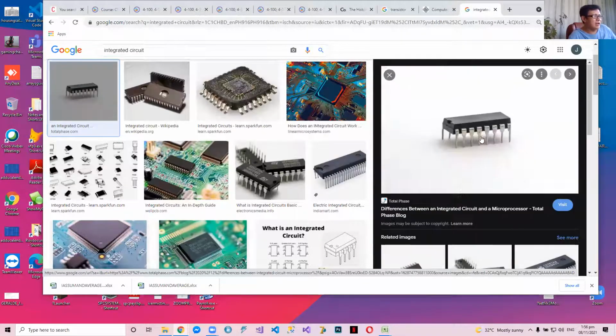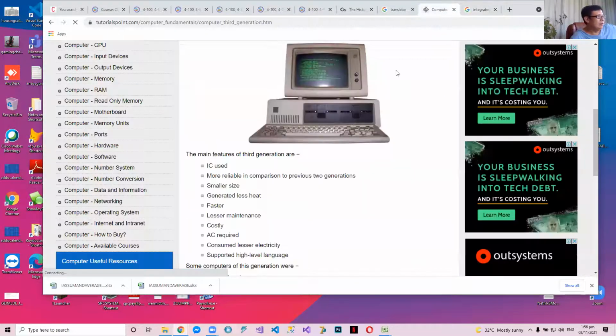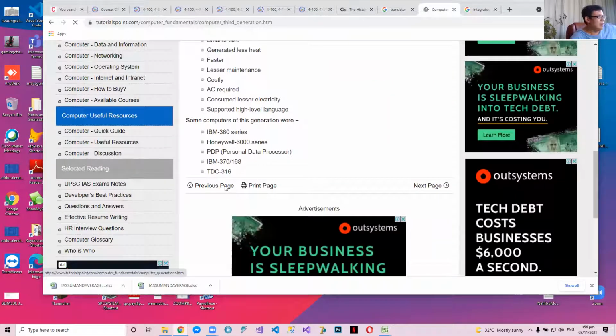A gate can have about 4 or 5 transistors, and 4 to 5 gates can be stored in an IC like this. So 4 times 5, you'll have 20 transistors inside. You can have 20 transistors in an integrated circuit. Do you follow? So the IBM 360 and IBM 370